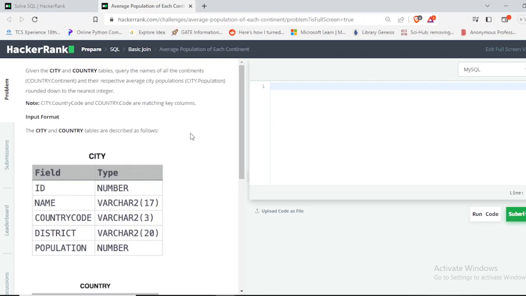So the problem is that we need to find the average population in each city. Like first we need to query all the names of the continent, and then we need to query the average city population of that continent. So let us start. So first what we need to do is we need to start by using a select query. Select